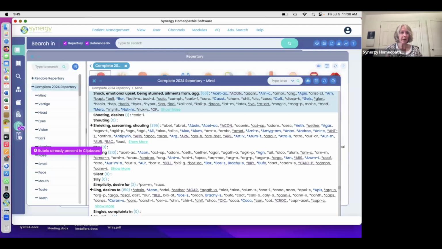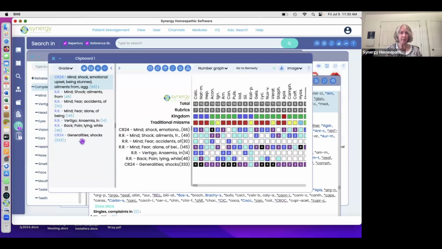Oh, do I already have that in the clipboard? Did I already bring that over? Oh, maybe I did. Okay. So anyway, yeah, I did. It was the top one, sorry. So what I'm going to do is take this top rubric and highlight that second rubric